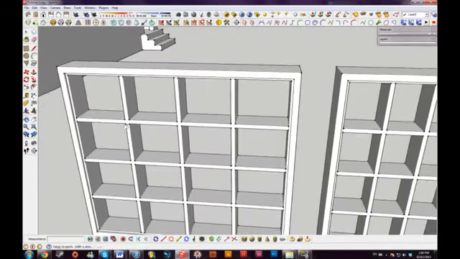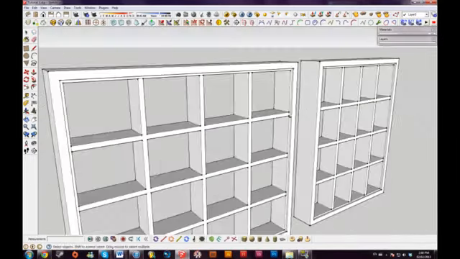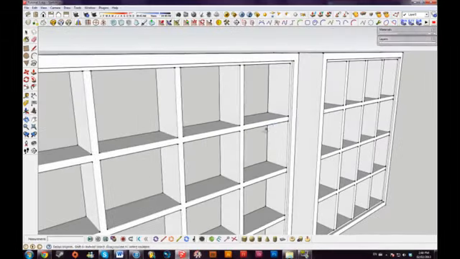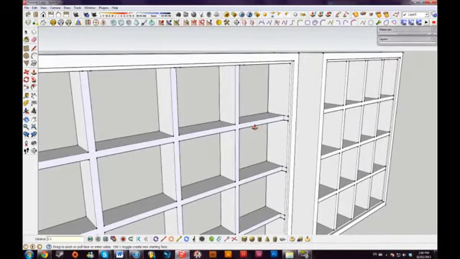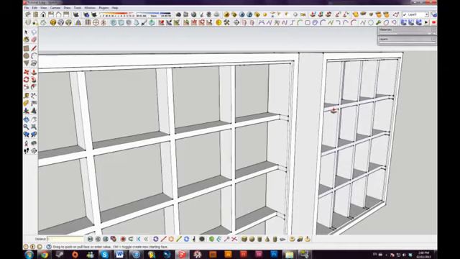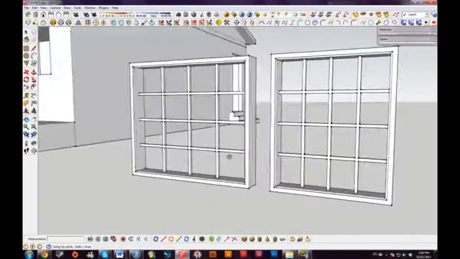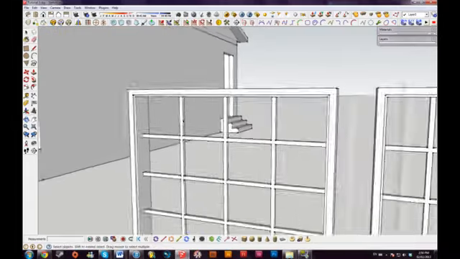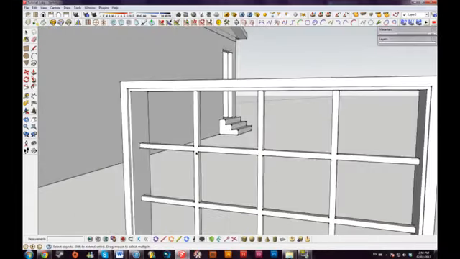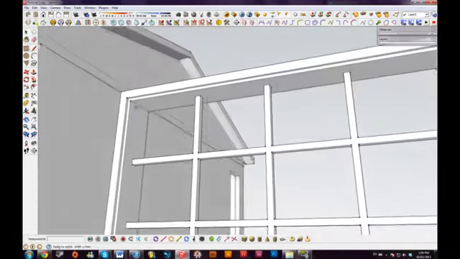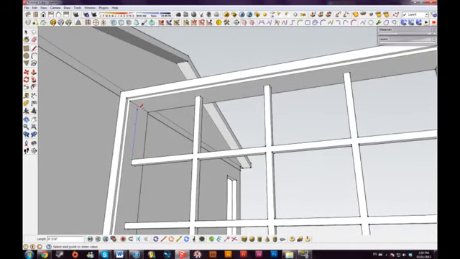And I actually don't want the inside part of the frame to be the same thickness as the outside molding as well. So I'm going to bring these in 2.5 inches like that. Now I can erase all these lines. And now of course I want to put glass in these windows. So what I'm going to do is I'm just going to draw a line up from here till I meet the corner